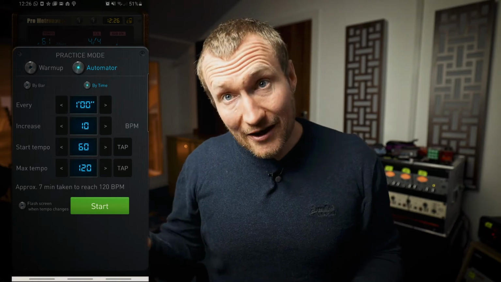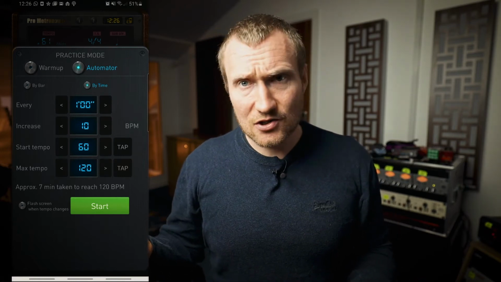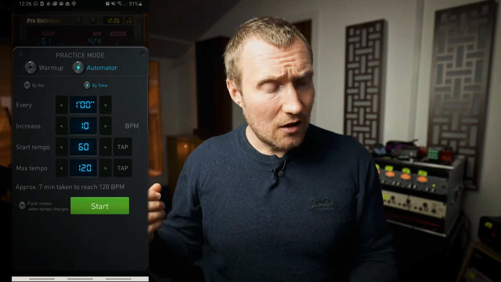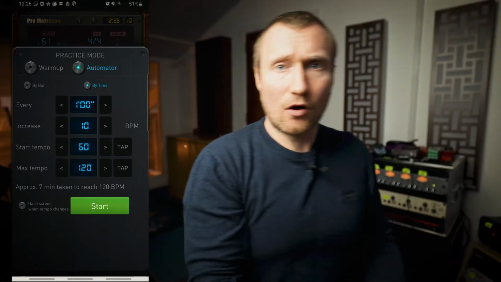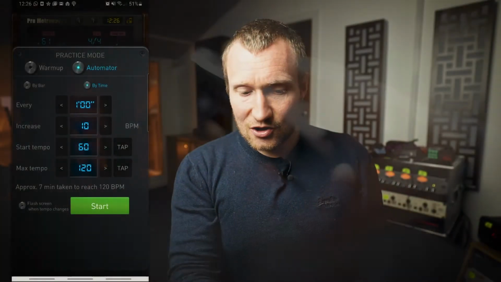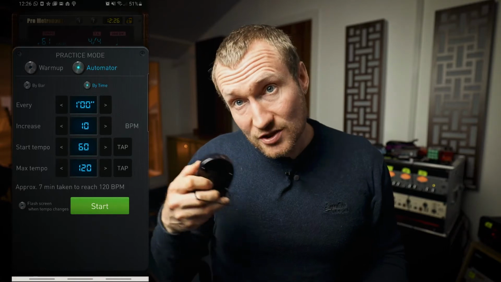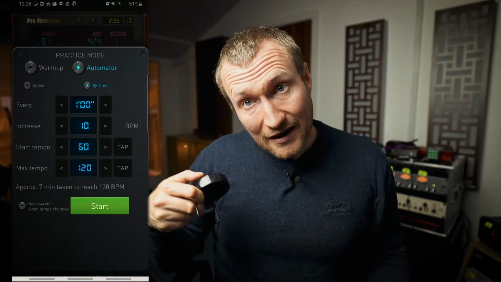So I remember an exercise that Mike Walker gave me to do years ago when I was learning guitar with him. We'd start at 50 beats a minute, and this was on an analog metronome, one of these old school things, and you'd play the scale at first. It was playing crotchets